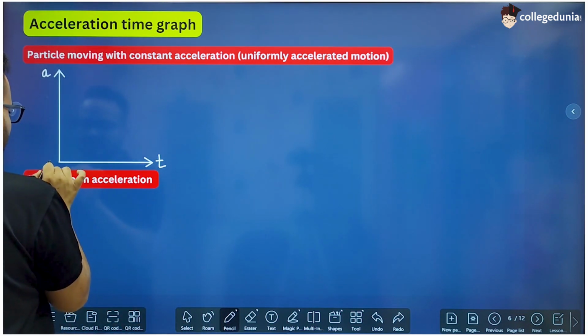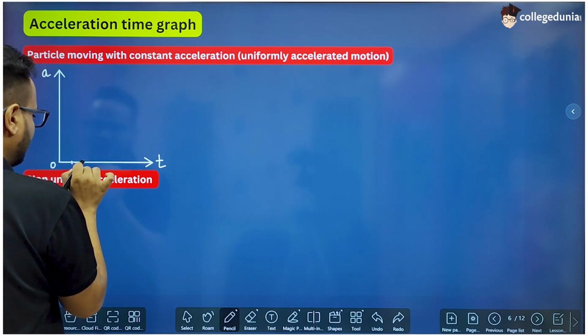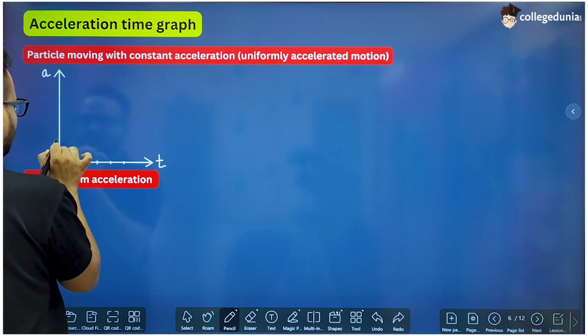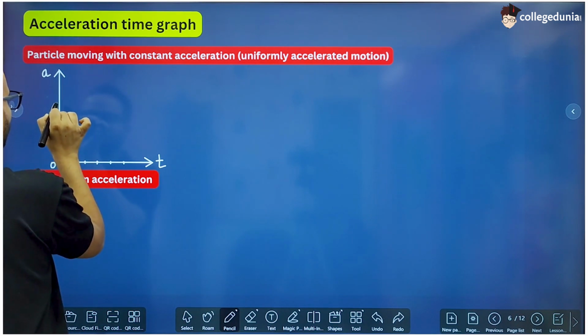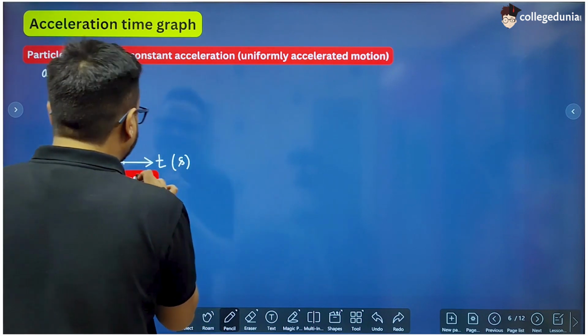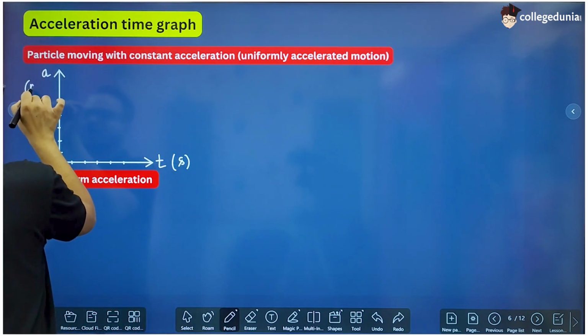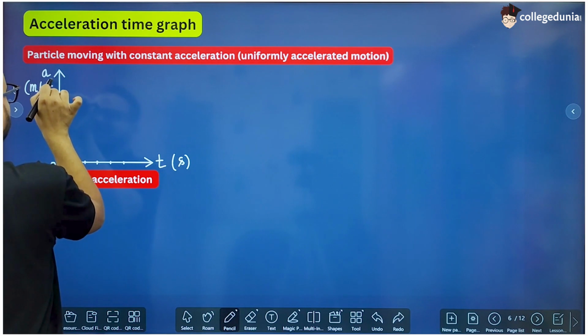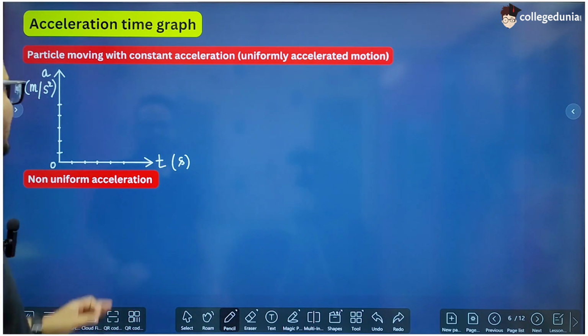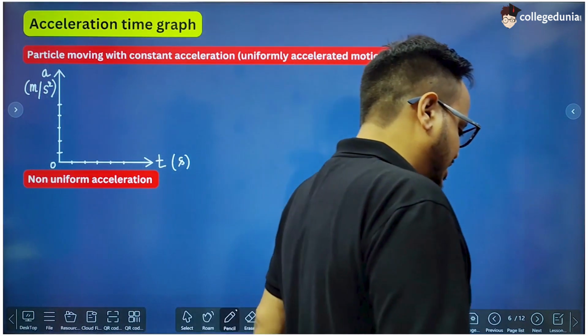Now let's mark some values. This is 0, 1, 2, 3, 4, 5, 1, 2, 3, 4, 5. And let us consider we are taking these values in standard unit. So let us say acceleration is in meter per second square and time is in seconds. So if the particle is moving with constant acceleration,